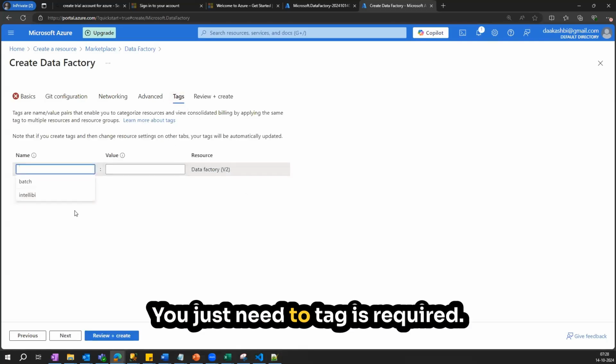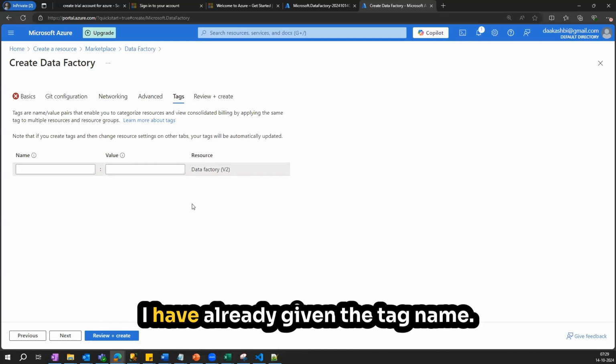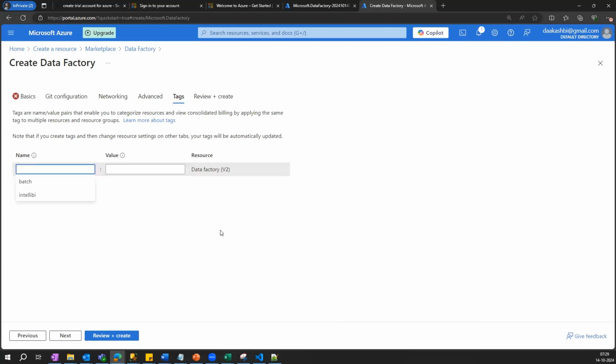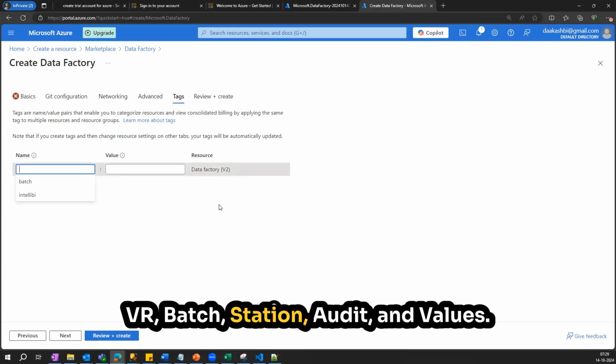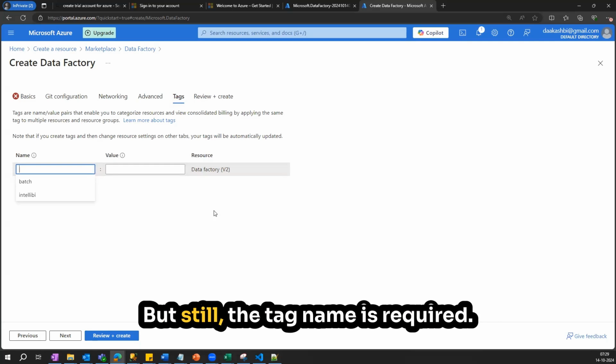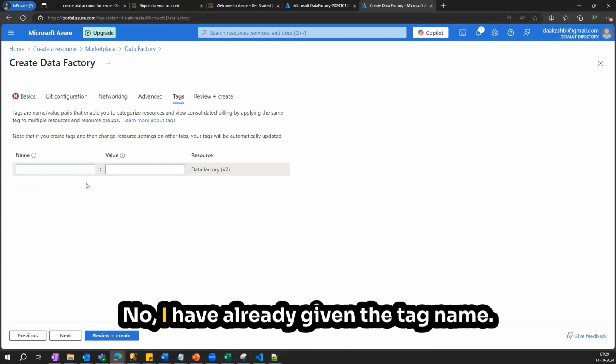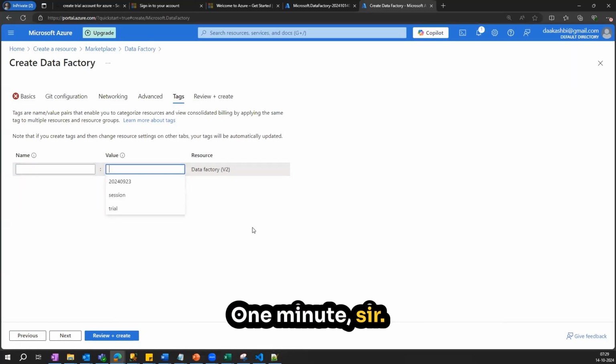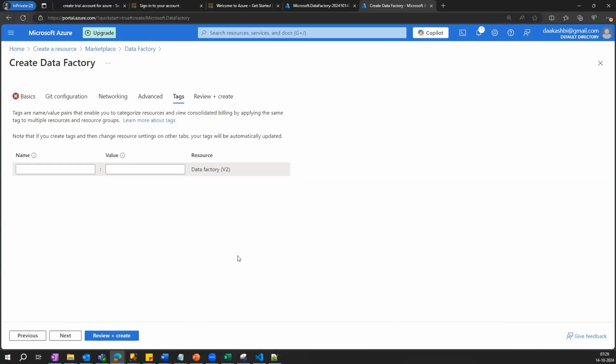Tag name is required, or I have already given tag name. टैग नेम दिया है या नहीं दिया टैग में? दिया है सर। हाँ तो ओके, क्या एरर है उसमें? मैंने दोनों लाइन में टैग नेम लिए हुए हैं, इंटेल वीआर बैच सेशन और डेट नीचे वैल्यूज में, लेकिन फिर भी टैग नेम इज रिक्वायर्ड दिखा रहा है। तो कोई फील्ड वहाँ पे एम्प्टी है क्या, जैसे यहाँ पे है मेरा? नहीं, ऑलरेडी दिए हुए हैं सर दोनों। शो मी योर स्क्रीन। Yes, 1 minute सर।